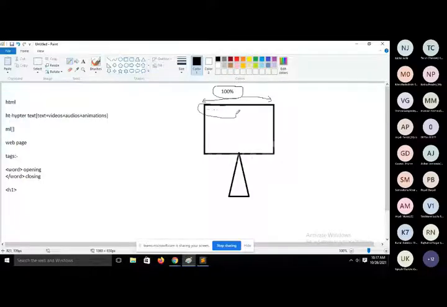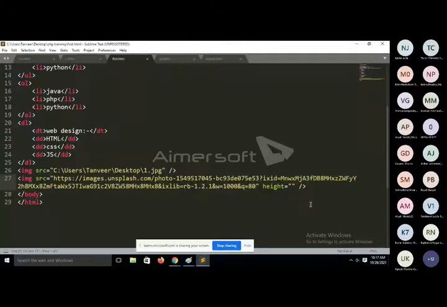Fine. So here I just want to display this image with a 250 pixels height, and we will put the width of the image also as 250 pixels.